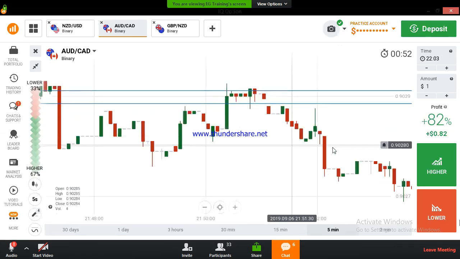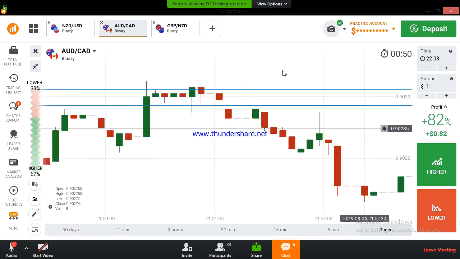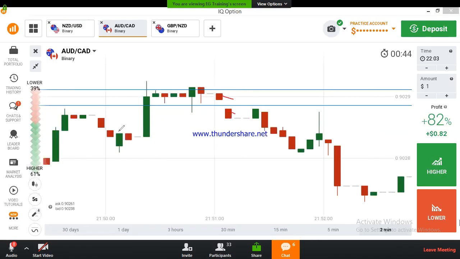Yeah, let's see. Yeah, there is a confirmation. This is not a confirmation, and this is not a confirmation. Weak candles we can't trust. And this is a confirmation candle, a good confirmation candle. You can see the candle closed below the confirmation candle. Mostly it will close below our confirmation candle. Within this first 30 seconds, this is a confirmation candle.